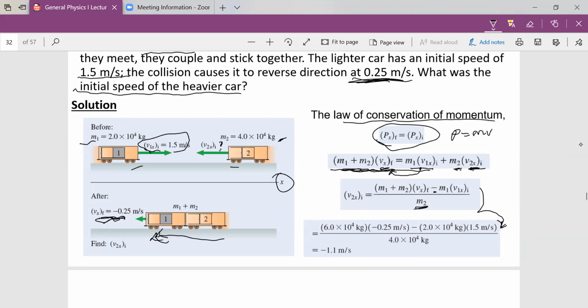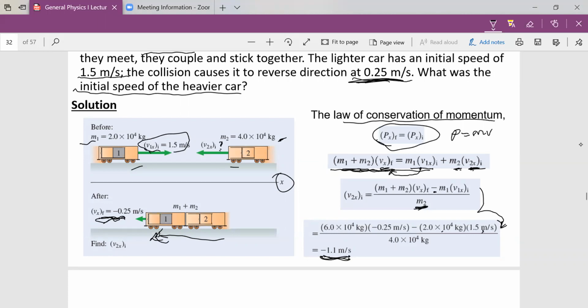So we got the minus. That's how the minus came in. Minus the mass for m1 and the speed, all over the mass for m2. So we'll have the final velocity of both to be minus 1.1 meters per second,